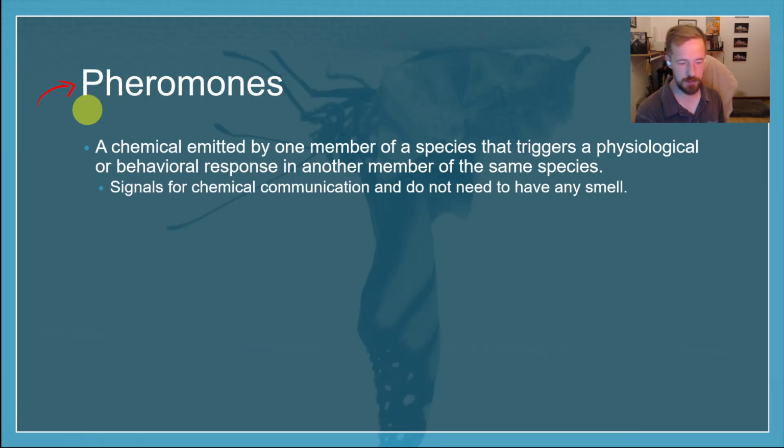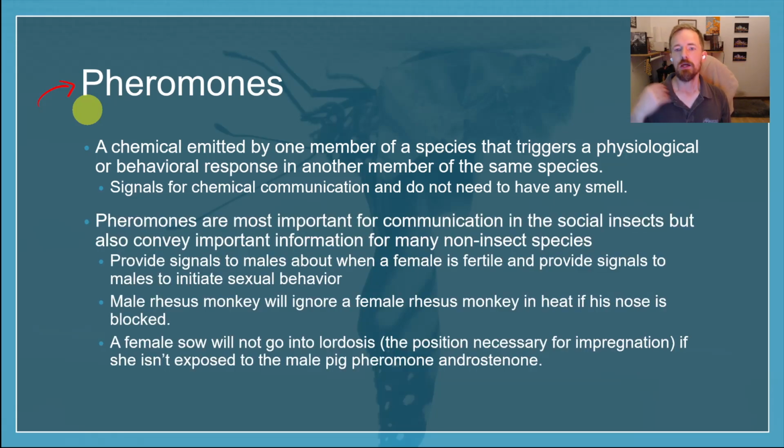For a dog that smells another dog in heat, that is going to activate that dog's libido. They're going to get ready to mate. They're going to get in the mood for that type of thing. So it changes their behavior just by smelling something. And there's been a lot of debate about this for humans. Does this mean that humans have this? Because it seems like so many other mammals have pheromones and they can communicate with scent. Well, what about humans? We know that pheromones exist in other animals, but the extent that it does for humans is much more nebulous and much less exact.